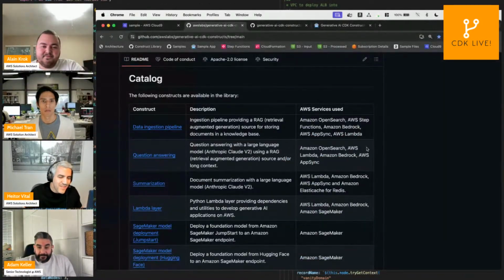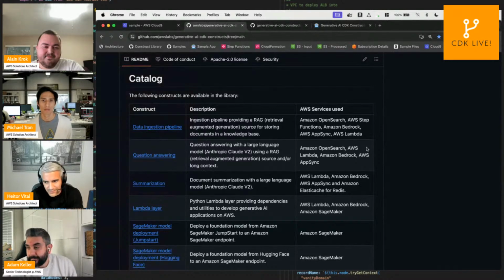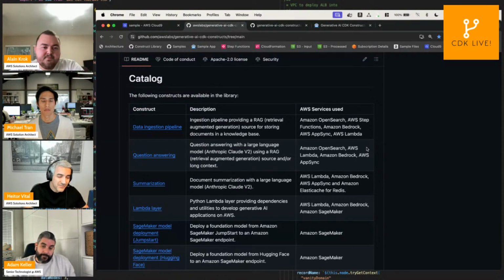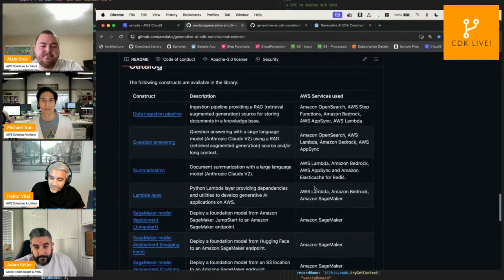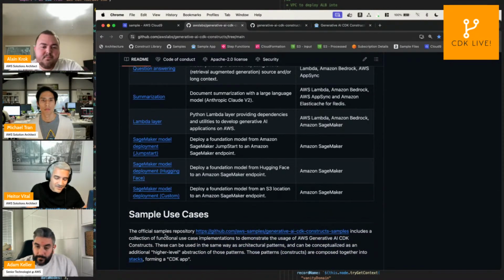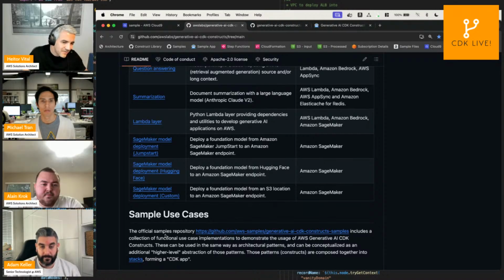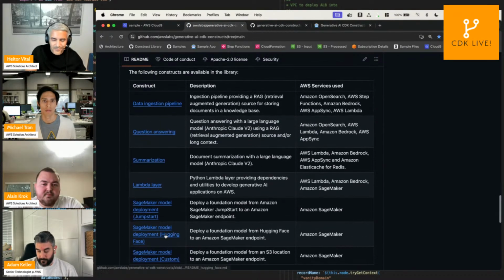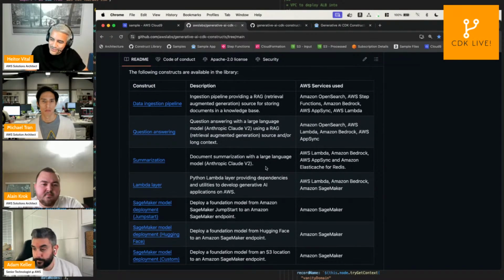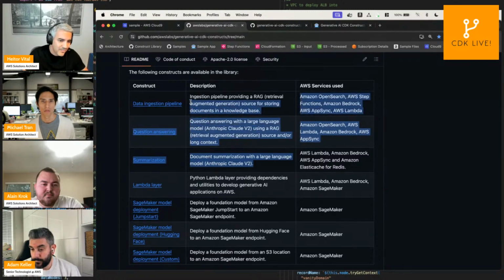And now that you know that you have those building blocks available to you, and like you said, Adam, at the beginning, the main benefit of using CDK is to create an abstraction layer. The idea now is, what if you would like to create an AI system that most likely is going to combine or use multiple of those constructs that we presented so far? So one example that we're going to show now is how you can leverage those 3 top constructs that you see here into an application.